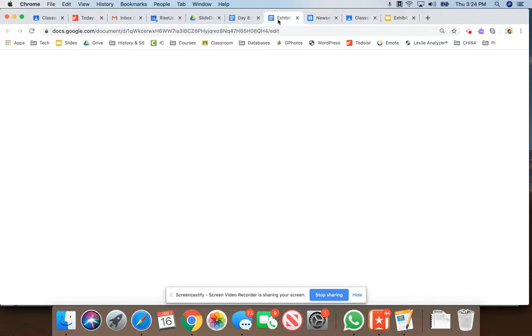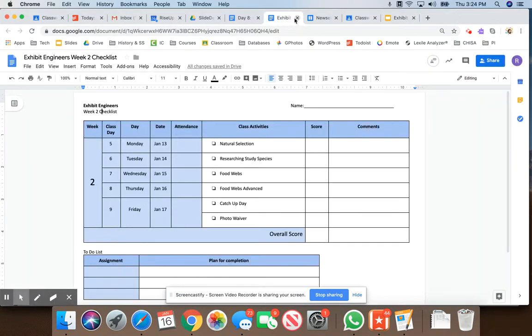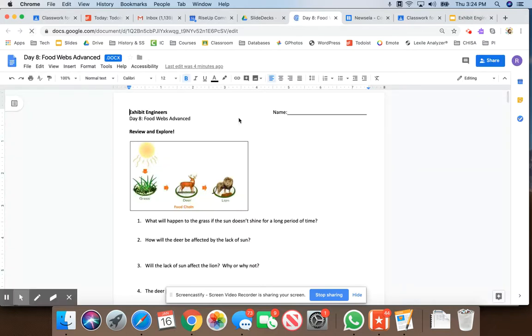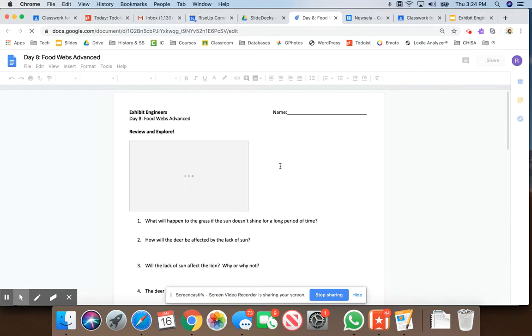What we did today, if you're ready, is a little extension on the food web. So I have more food webs for you to look at. Same thing as yesterday. Just answer the questions, nothing fancy. Read the questions carefully. None of them are tricks, but you've got to read carefully. So for example,